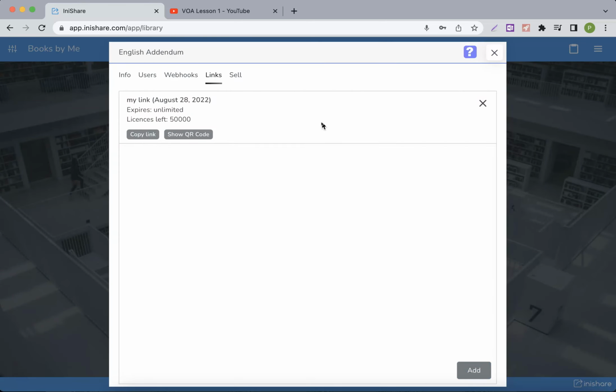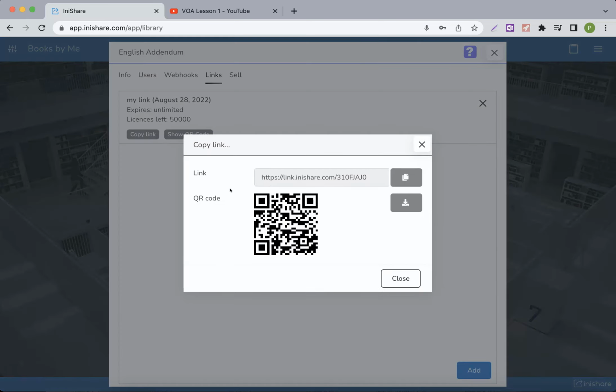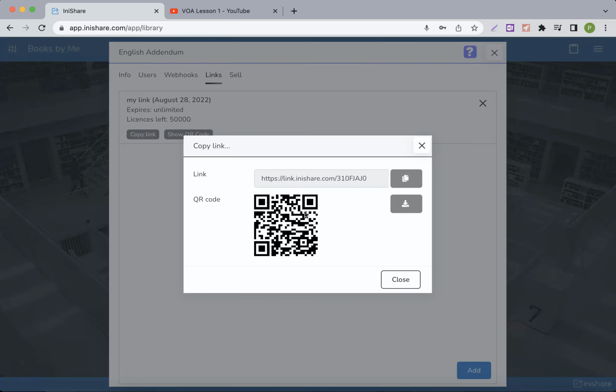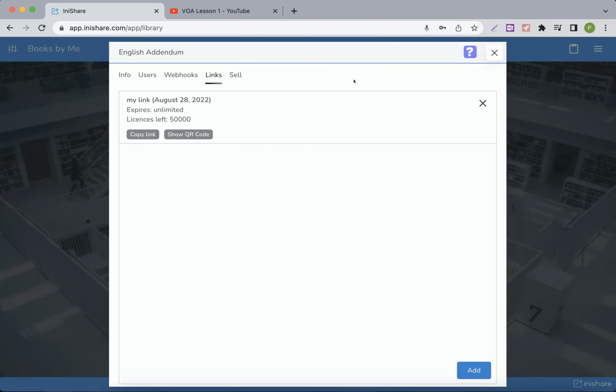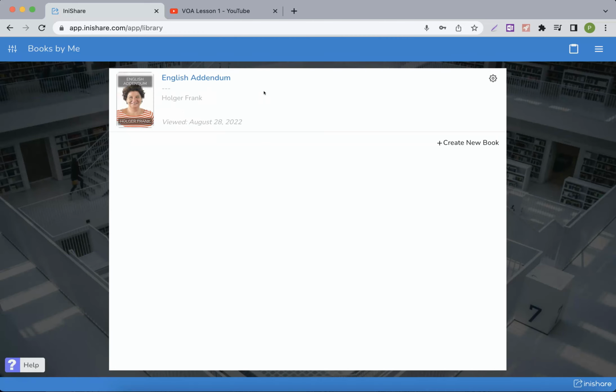If you now click on the Copy Link button, you will see your link and a QR code for this link. You can either send them to your readers or you can put them in your Kindle book. People using your link will get signed up for AnyShare for free, and get access to your online addendum. And that's the simplicity of it. You now have an online addendum where you can provide materials to your students which Kindle eBooks can't contain.